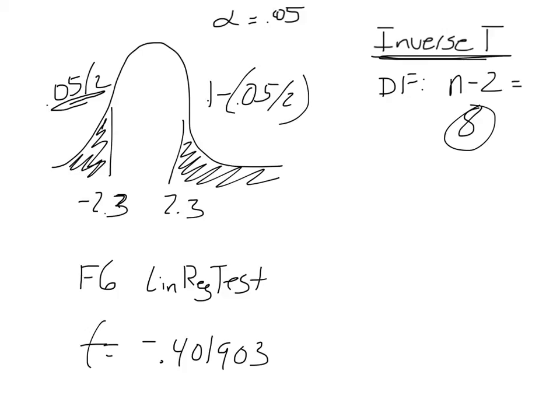So now we're going to run our actual test. On the previous slide with the data, you will put those numbers in list 1 and list 2, and you'll run F6 linear regression test. When you run this test, you'll get your t value, which is negative 0.4, which will fall roughly here on your chart, and so you'll know that you will accept the null hypothesis, and because of that you know that there is no relationship,